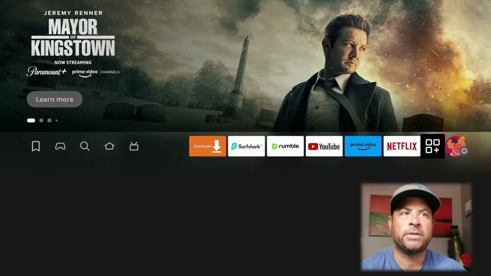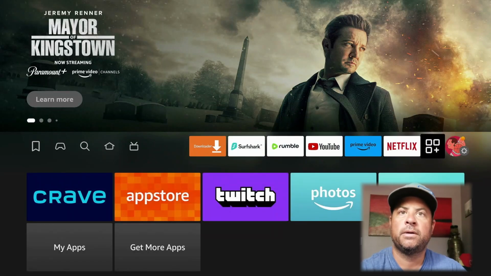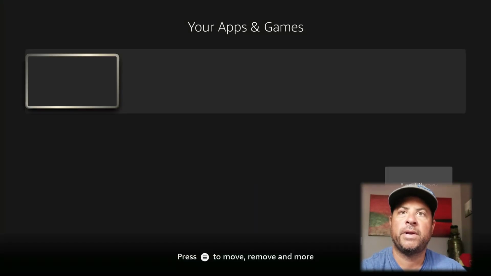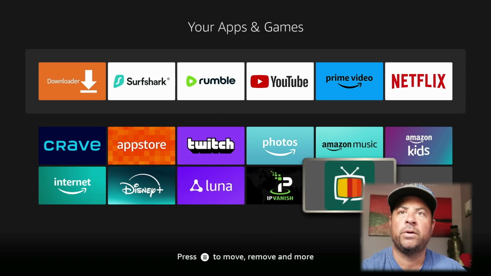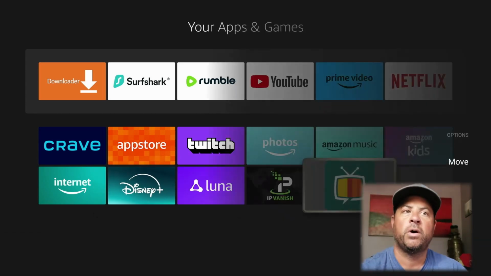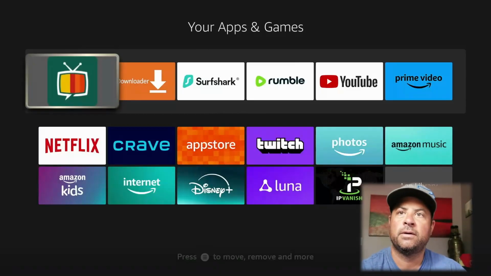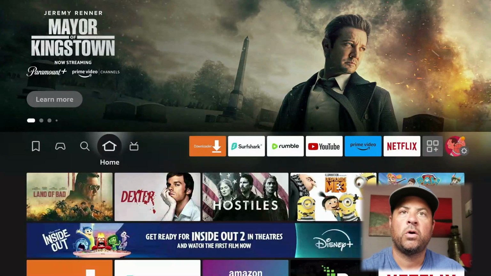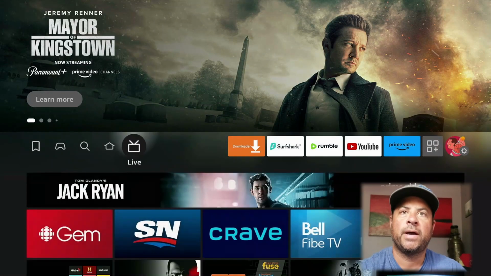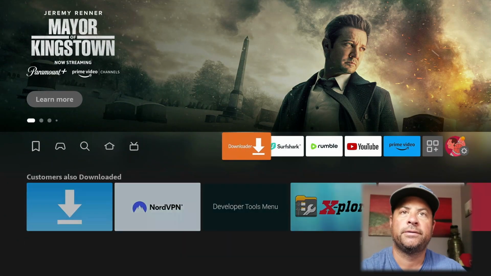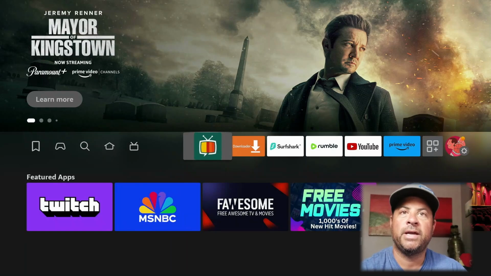go all the way to your apps and games icon, and then come down and find the new application you've downloaded. Three-line button on your remote, move to the front, and go back to the home screen, and your new application is up front and center. Then we can click on the application,